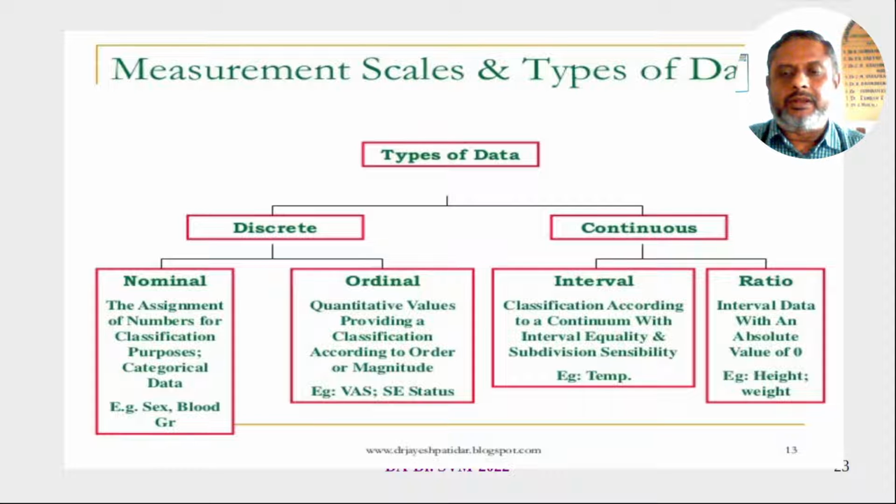Another example of interval is time. There is a time like 2 p.m., there is a time like 1 p.m. So 2 p.m. is 1 hour ahead of 1 p.m. and 1 p.m. is 1 hour behind 2 p.m. But in no case can you say that 2 p.m. is 2 times 1 p.m. No, that's not possible. So in case of intervals, multiplication, divisions and all are not allowed.